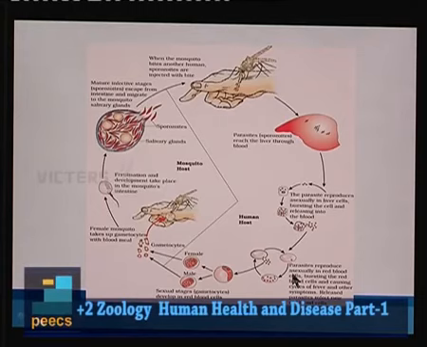Now, what happens? Some of the parasites remain within the RBC and develop into gametocytes, and their further development will happen within the mosquito. You can see it over here. Now, when another mosquito bites this infected person, gametocytes will enter into the mosquito, and these gametocytes will transform into the male gamete as well as the female gamete, and there will be fusion of gametes to form a zygote.